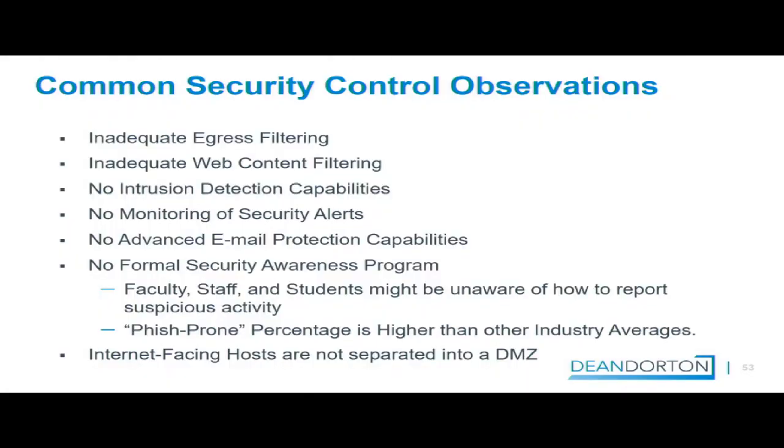So we're going to cover common security controls now. So we typically will assess the effectiveness of security controls like egress filtering. So this is filtering that's in place on your network perimeter at the firewall out to the internet. So we typically see pretty good ingress filtering, so filtering coming into the organization, but typically no restrictions on filtering outside the organization. You really should only be allowing traffic that's necessary for business purposes outbound, or at the very least,